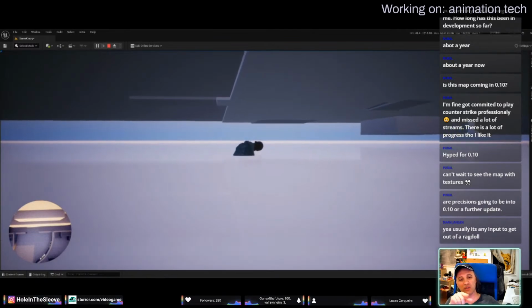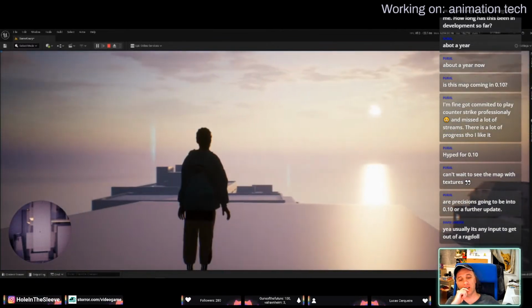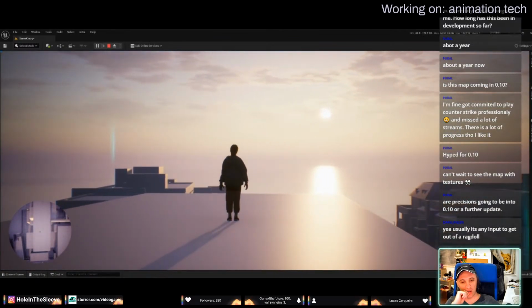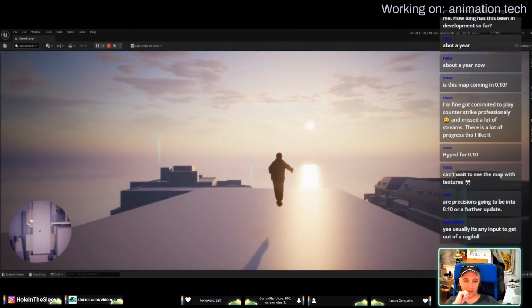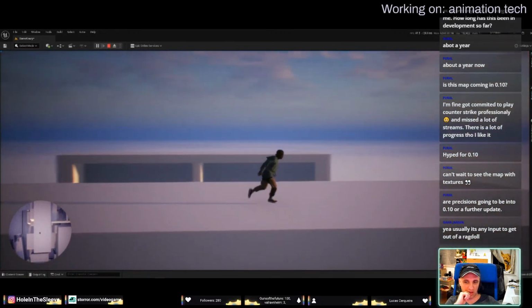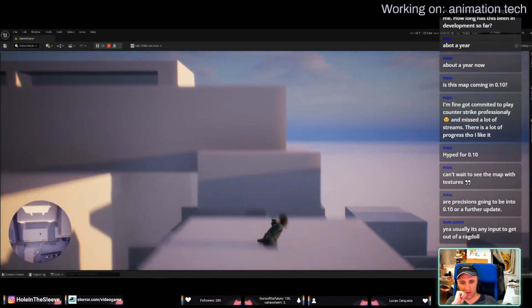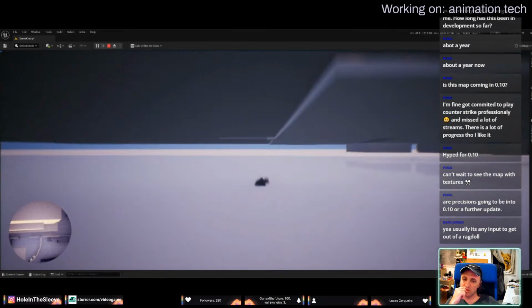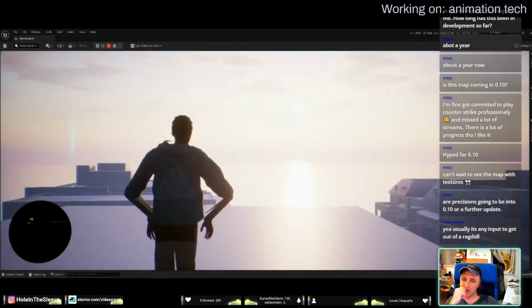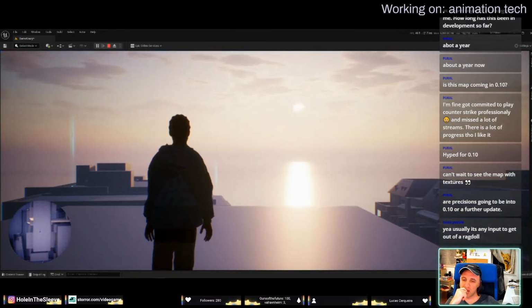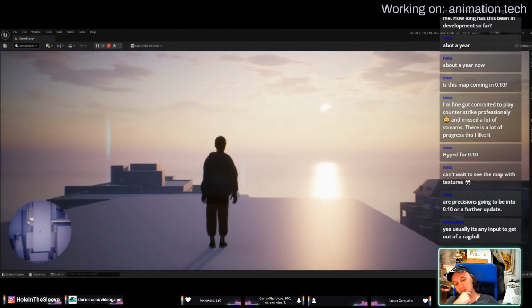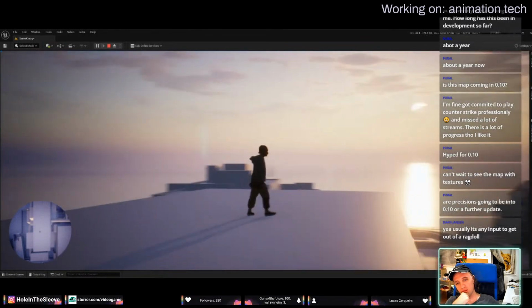That is quite weird that it doesn't detect. Oh, I didn't do the first jump, sorry. Try again. Nope, still went through it. This is so weird. A dash.